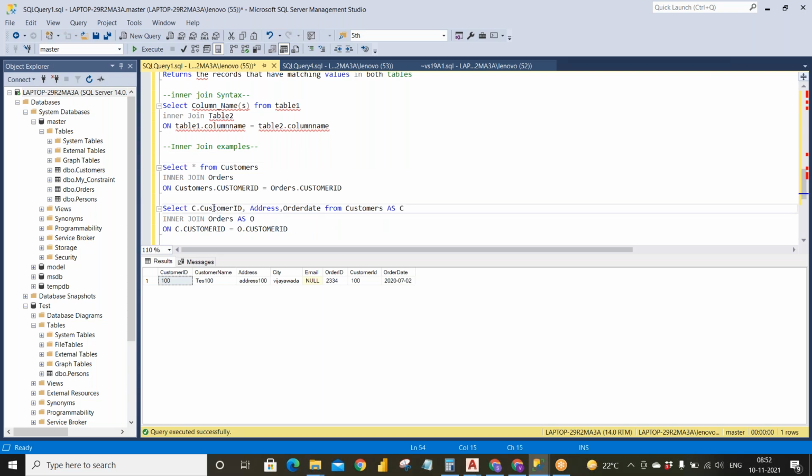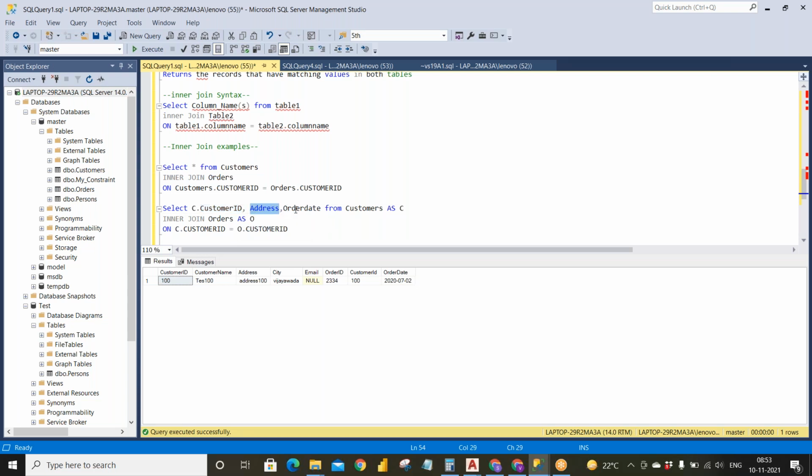Here, customer ID is there in both the tables. That's why SQL doesn't know whether to pick up the customer ID from the customers table or the orders table. In that case, we are telling the SQL that please don't confuse, get the customer ID from customers table or get the customer ID from orders table.